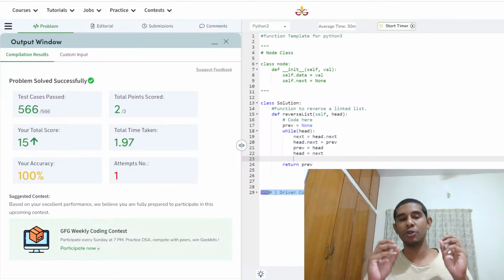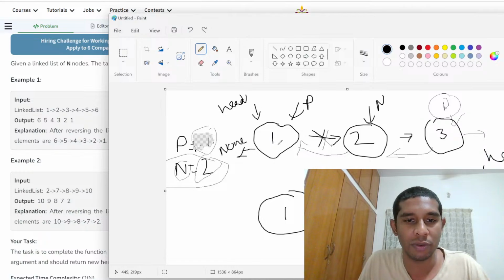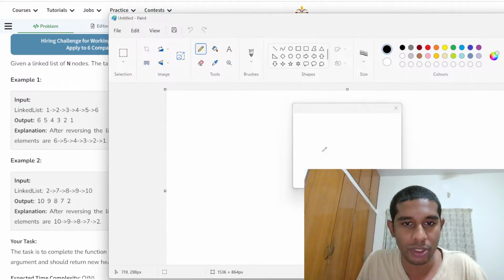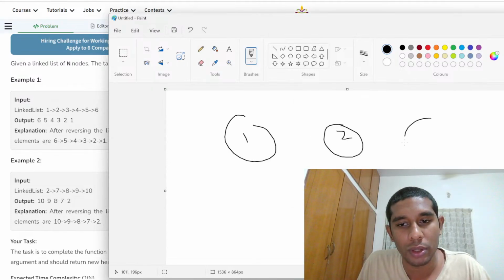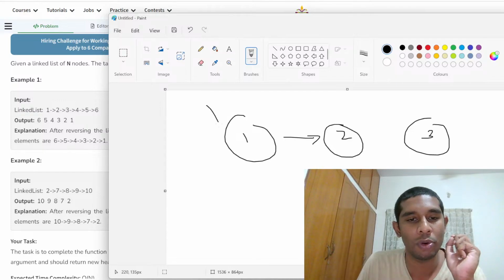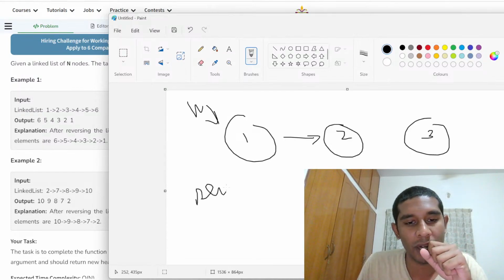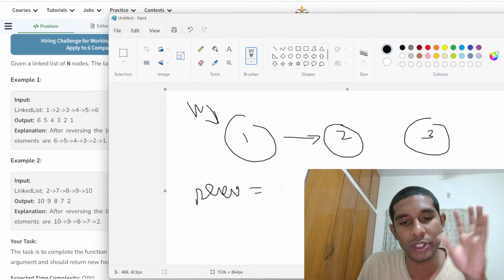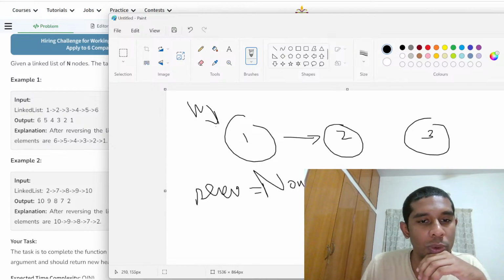Yeah, perfect. So just to go through everything again, this process is just a four-step approach. So let me just make this new, don't save. One, two, three. Okay, so in order to reverse each of these nodes, we follow a four-step approach. First, we have this previous pointer, which points to the previous node, which is actually none at the start. So first, what I do is